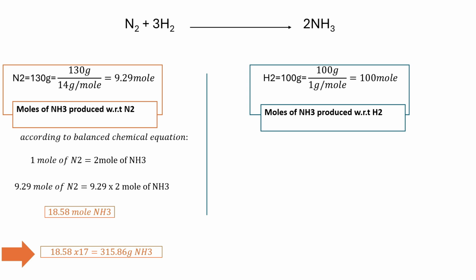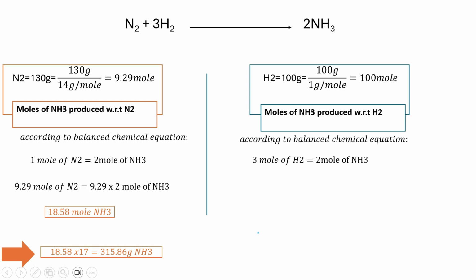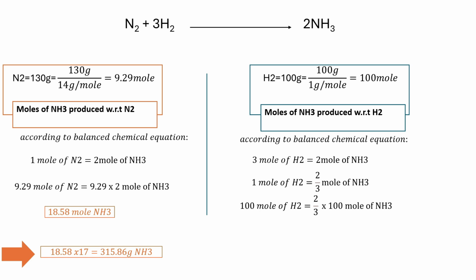And let's calculate the amount of ammonia produced with respect to hydrogen. So according to the balanced chemical equation, you can see 3 moles of hydrogen gives us 2 moles of ammonia. Let's simplify. If 3 moles of hydrogen gives us 2 moles of ammonia, then 1 mole of hydrogen would give us, simply make this 3 a denominator of 2, or simply divide 2 by 3. So 1 mole of hydrogen would give us 2 by 3 moles of ammonia. If 1 mole of hydrogen gives us 2 by 3 moles of ammonia, then we can multiply it with 100 to calculate the amount of ammonia produced by reacting 100 moles of hydrogen,